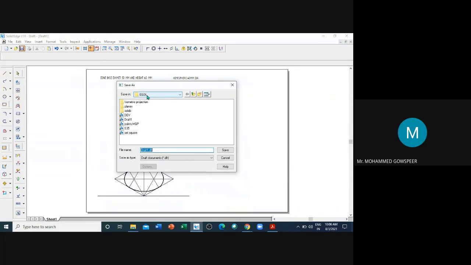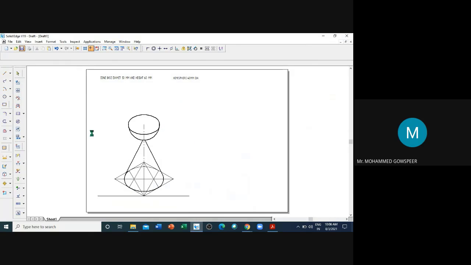So now we'll save it in EGL file, view demo. Okay. So now I have saved. Next I will use the scale command.